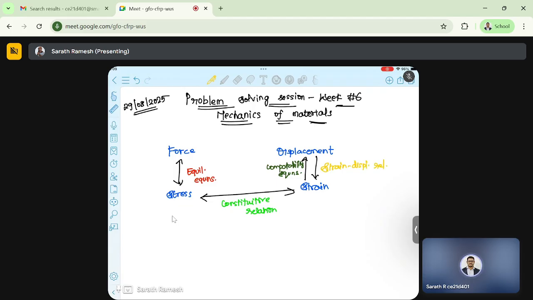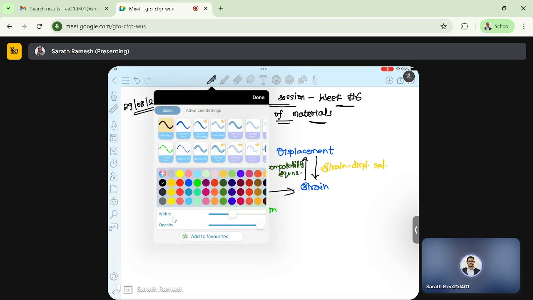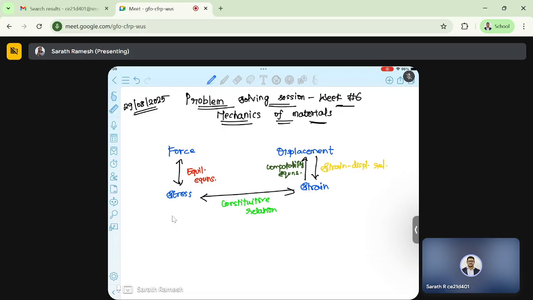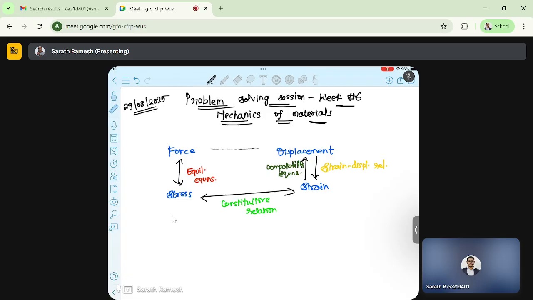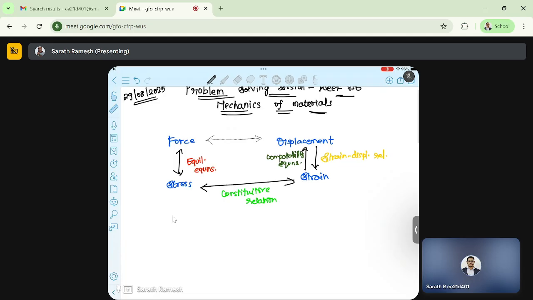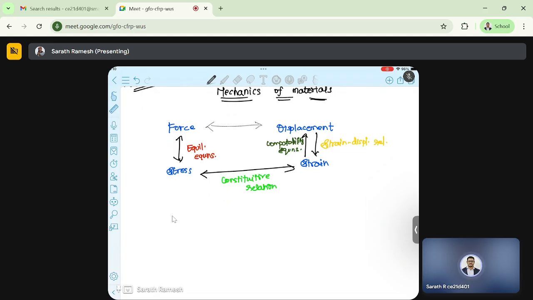And through this, we actually connect the force and the displacement. So this is how we started, and in week one, week two, week three, week four, week five,